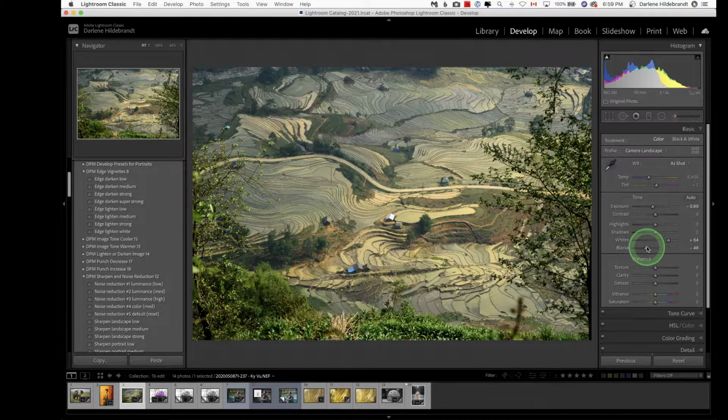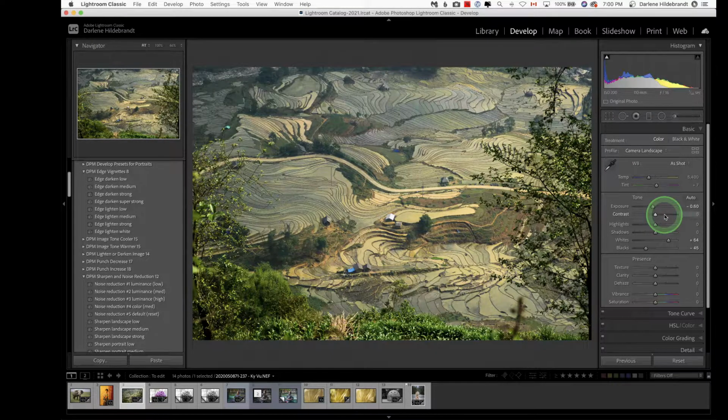Okay, so we're at minus 46 on the blacks. If I undo it, watch the color. Watch the color come in as I increase the blacks. Just by increasing the blacks, you get a lot of that. You can also use the dehaze slider, and that will do a lot of similar things. But I just like to use the black and white sliders because I have more control over which end I'm putting it on. Now I'm going to punch up that contrast because it did a really nice thing,